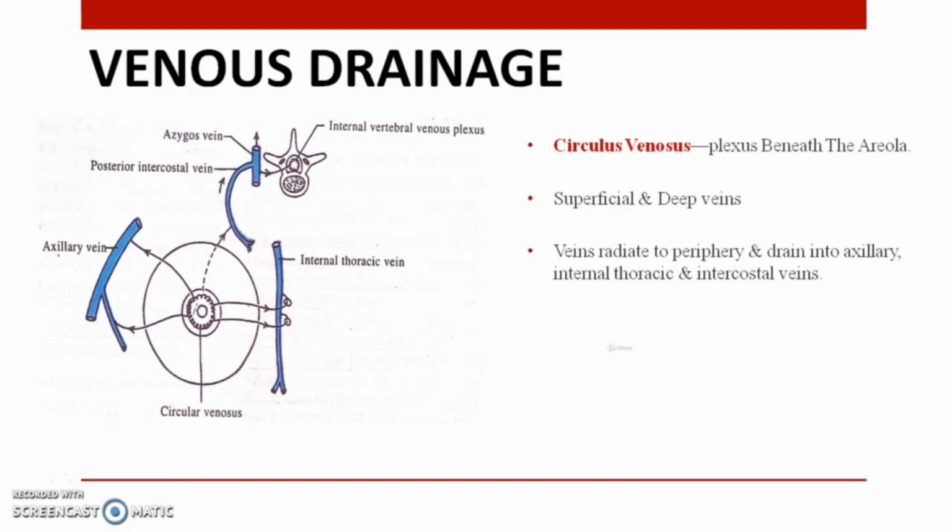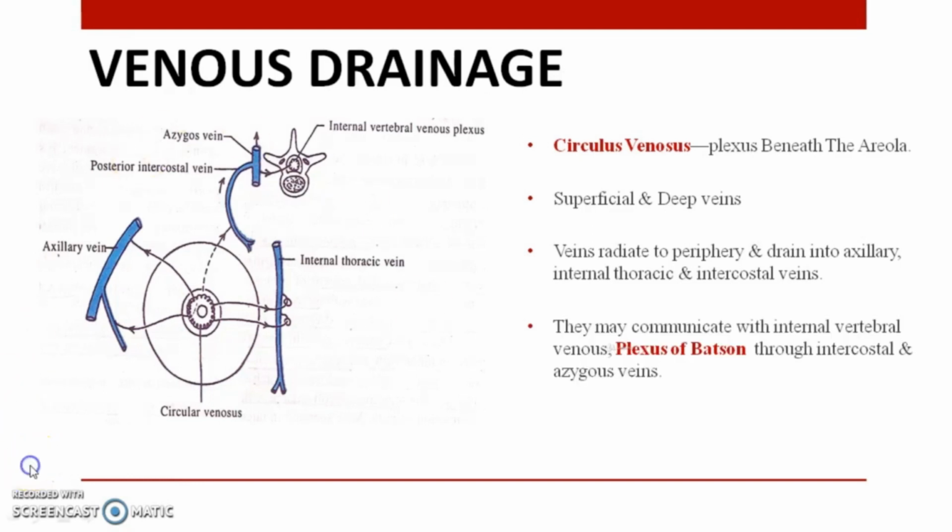So we will be having the circulus venosus, which is present in the areolar region. This is the region having the circulus venosus, and from the circulus venosus all veins are drained in the lateral part into the axillary vein, in the medial part into the internal thoracic vein, and in the upper part into the intercostal vein, and from the intercostal vein it is going to drain into the azygos vein,